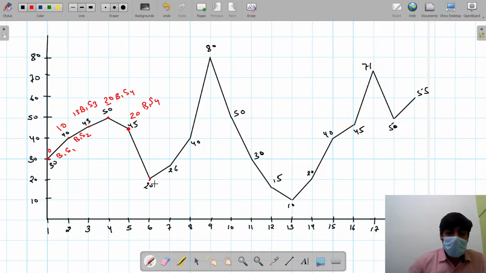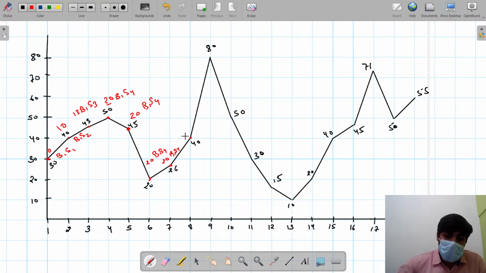For that one, buying day and selling day are the same, so we get a profit of 0, but that profit is not the maximum, so we put 20 here, buy at 1, sell at 4. Same condition here, we get only a profit of 6 because the selling day is today and the buying day is day 6, B6 at 7, but we get only a profit of 6 rupees, which is not greater. So we are putting this one as the maximum profit here.